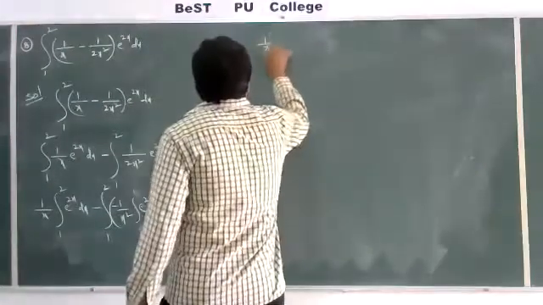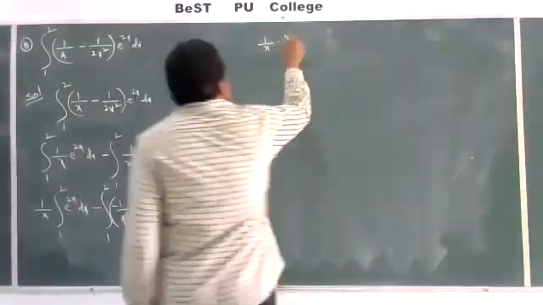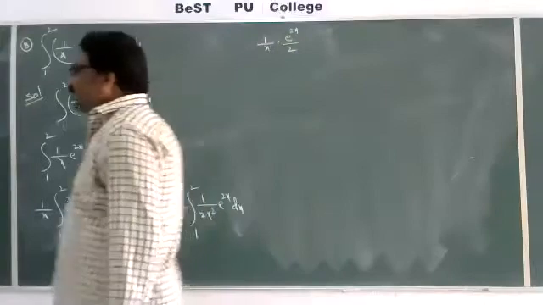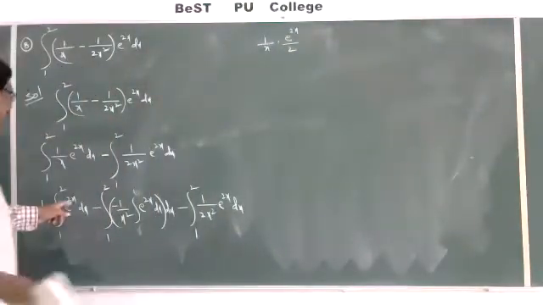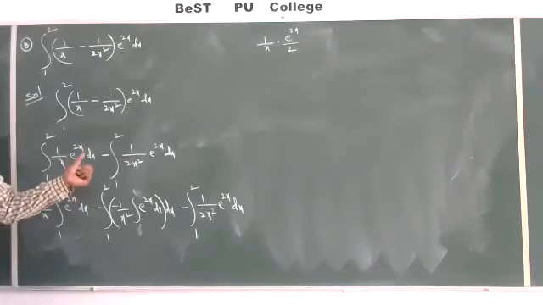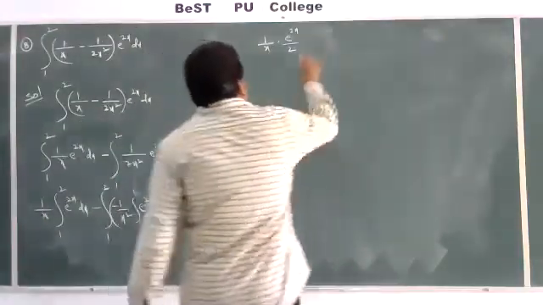Next step, that is 1 by x into, what is the integration of e power 2x? E power 2x by 2, by using chain rule. E power 2x, you treat 2x as x, the integration of e power x is e power x. Here x is 2x. That's why e power 2x by 2, since the derivative of 2x is 2, from the limits 1 to 2.